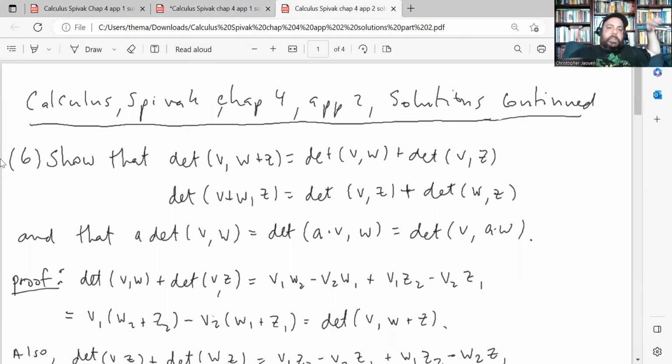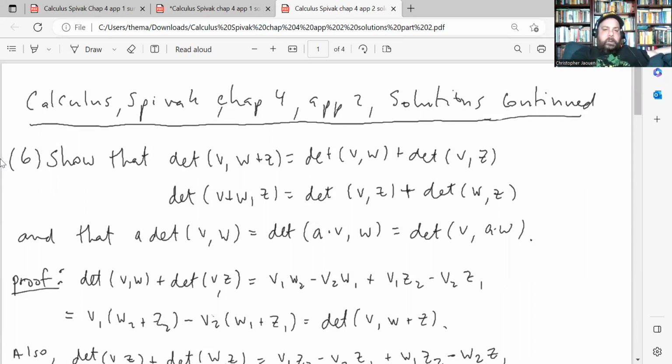Right, question number 6. Show that the determinant is linear in each slot. So determinant V comma W plus Z equals determinant VW plus determinant VZ. Also, they want us to show determinant V plus W comma Z is equal to determinant VZ plus determinant WZ, and that a scalar A times determinant VW is the same as determinant A times V, W,